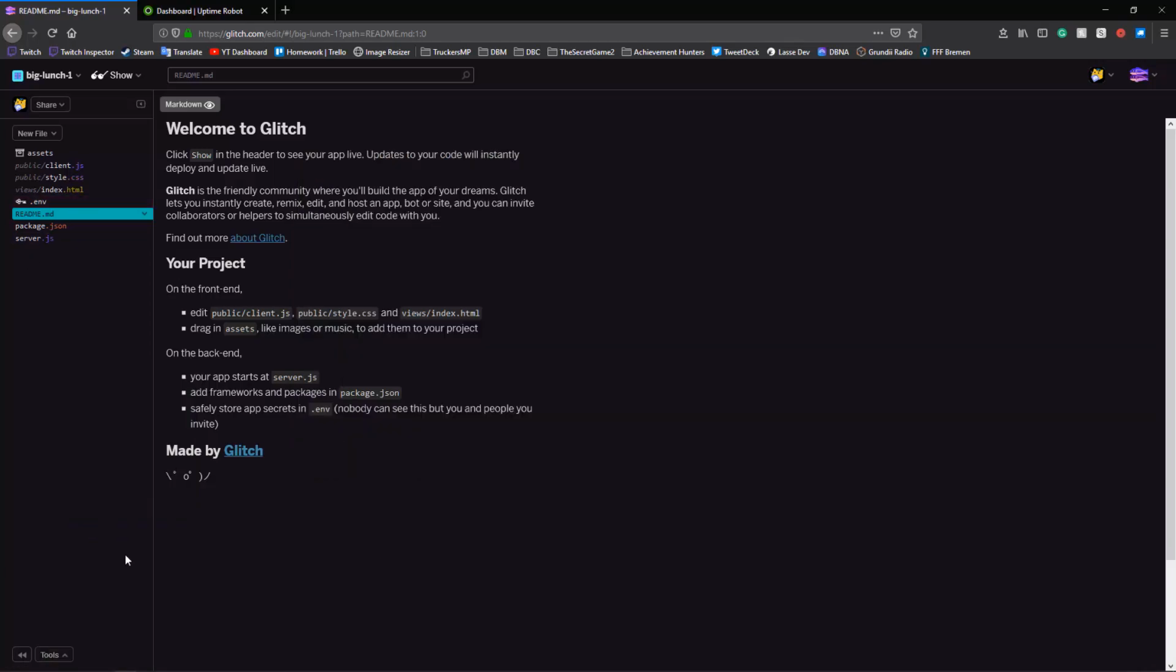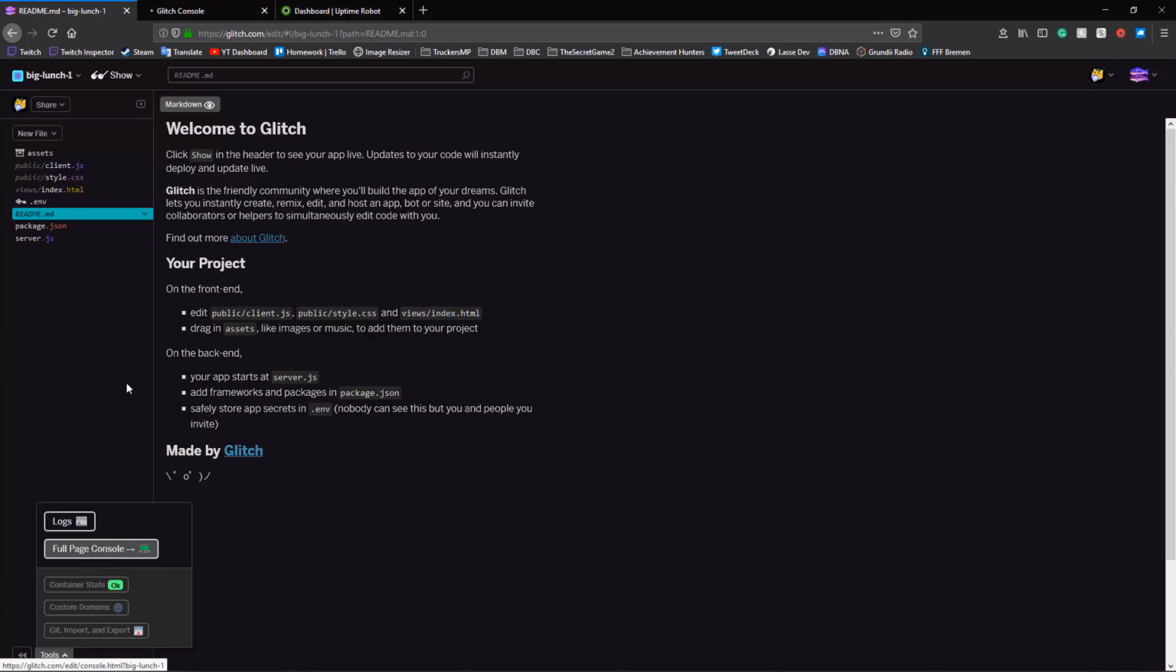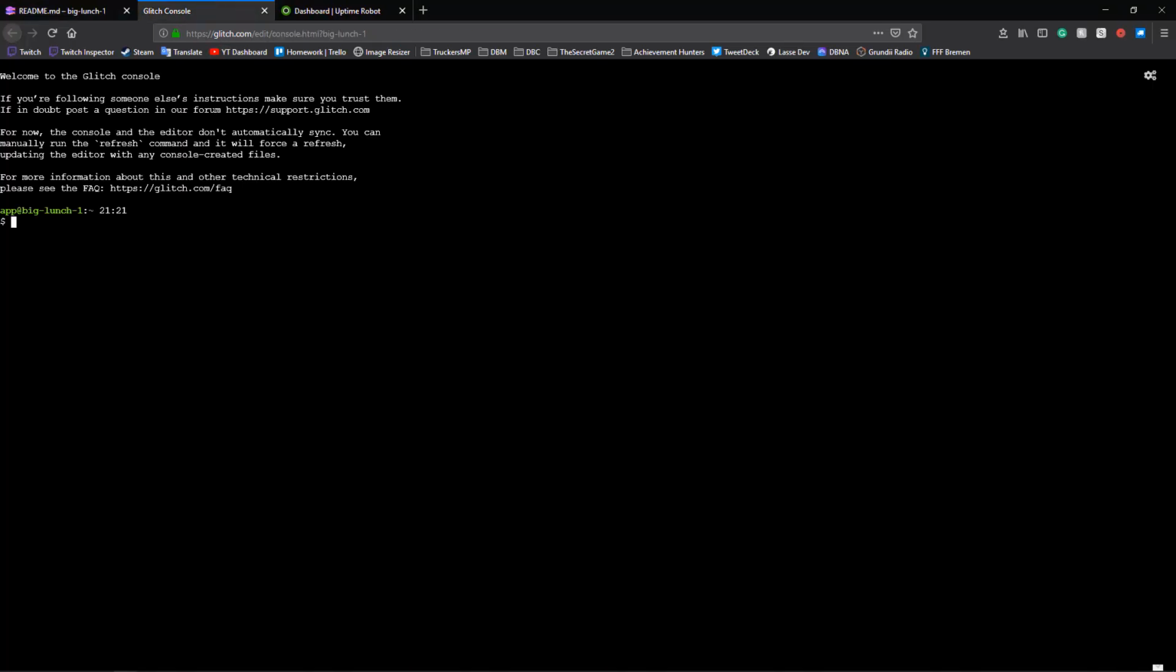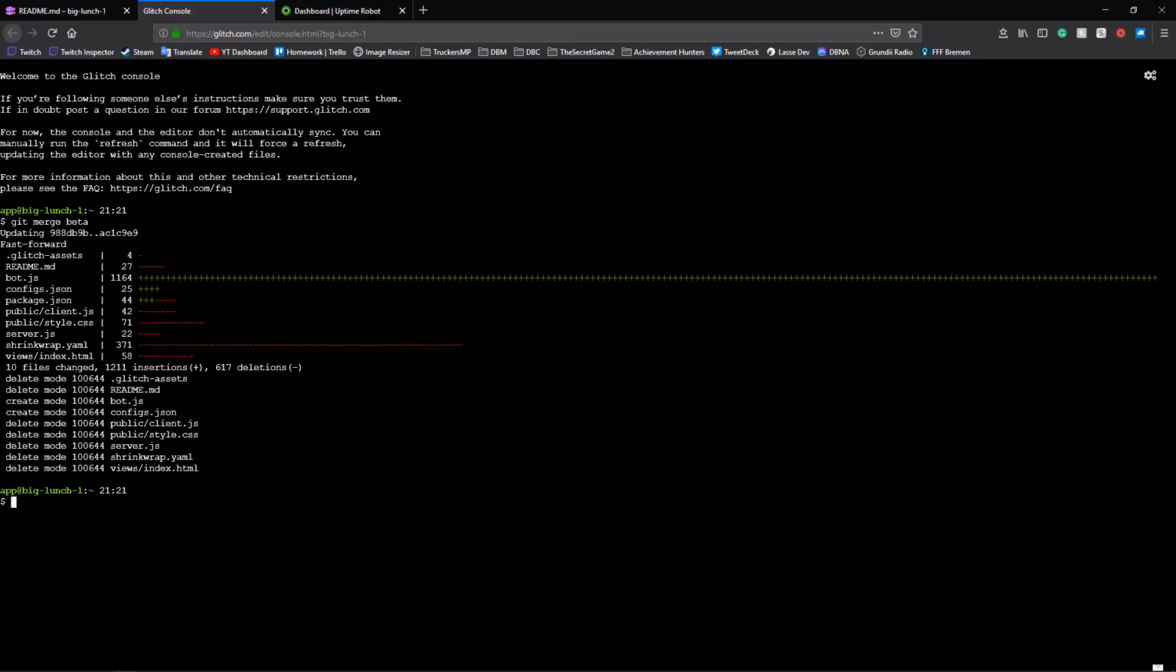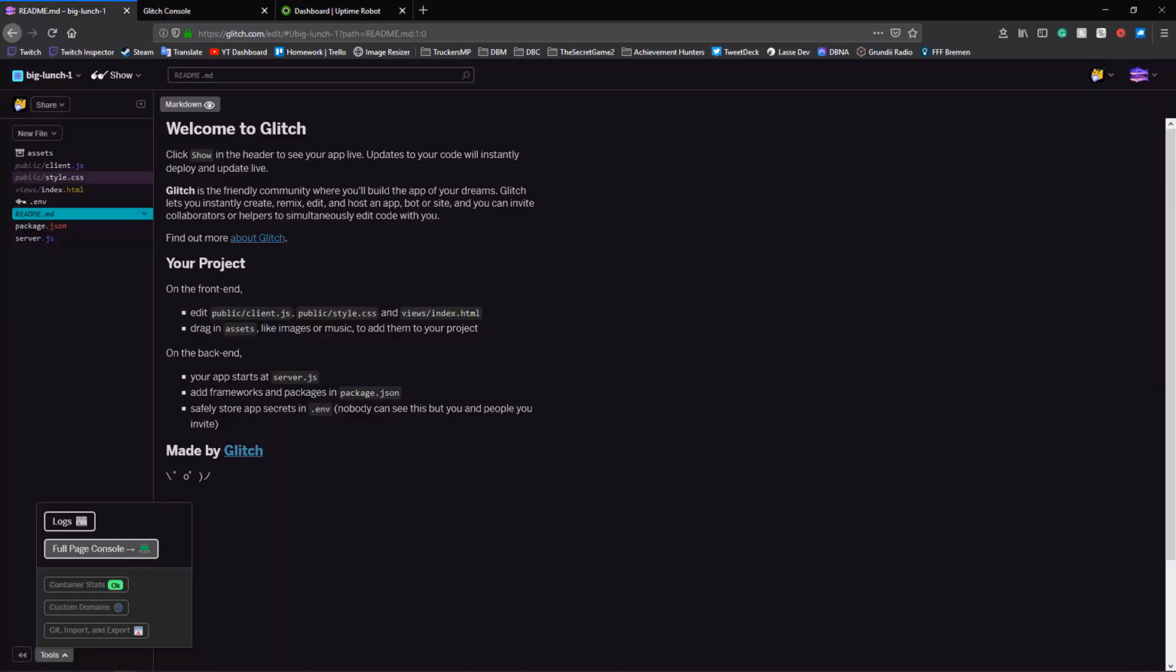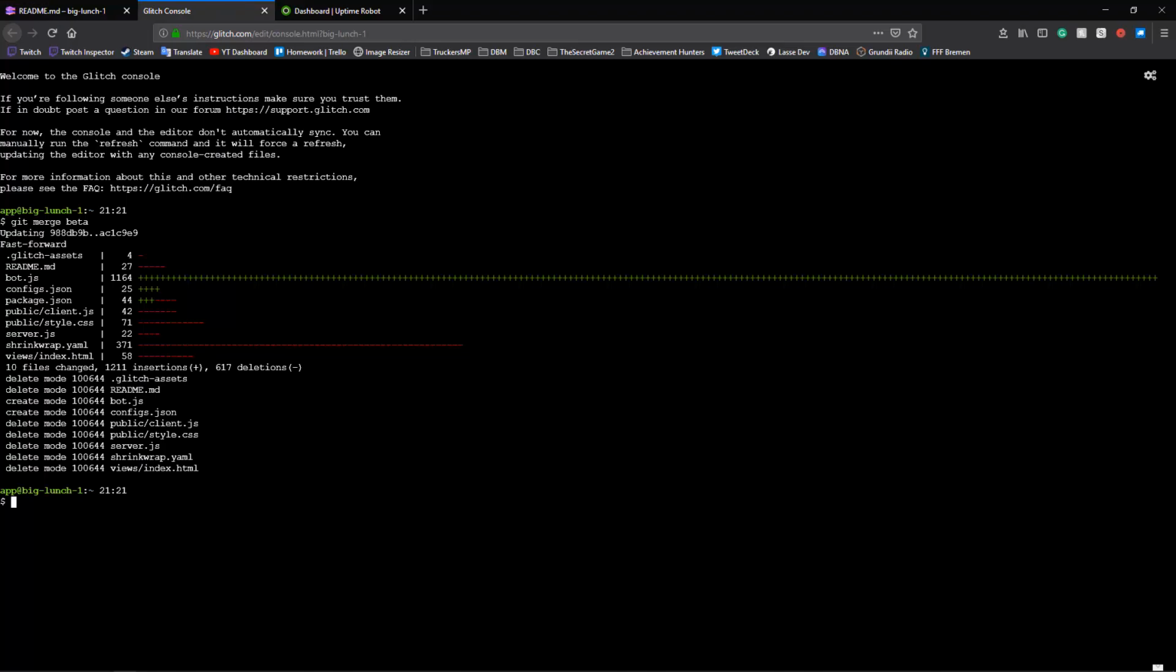You won't see something here yet, because you need to go here and click on full page console. This is the console of your project. This is pretty easy now, you just need to type git merge beta, or whatever you named that branch. Finish. And now you will see nothing happens here, so you need to type one more command, refresh, to